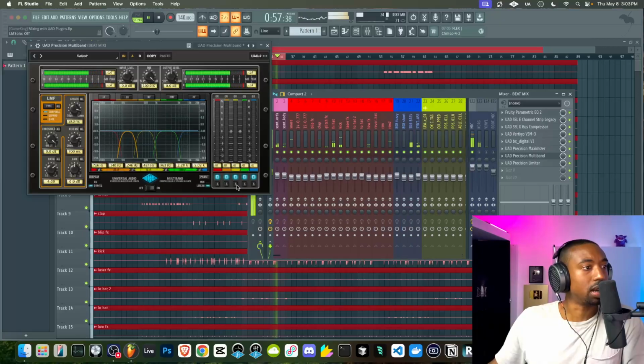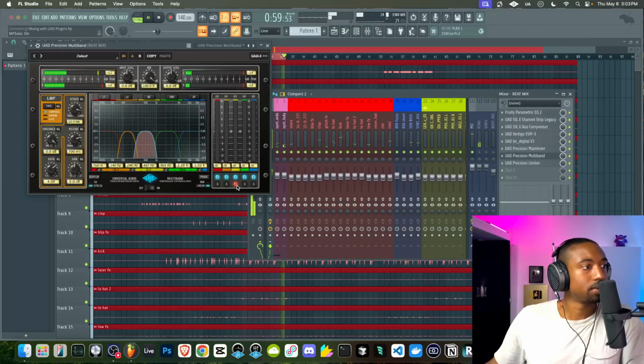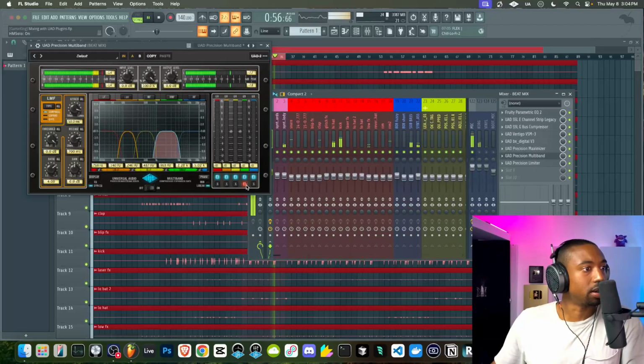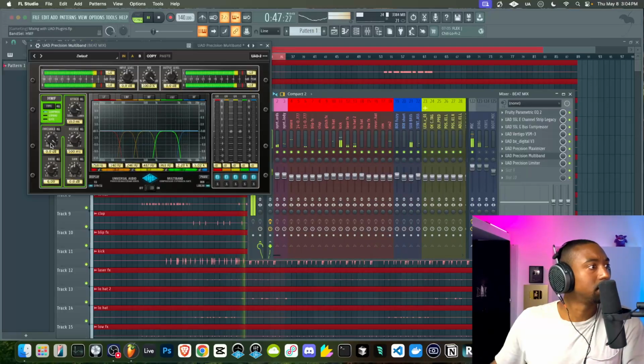So now I'm just looking for a frequency that I don't like. This area is a little aggressive. We can probably tame this area here. Band number, the green band. So let's do high mids.